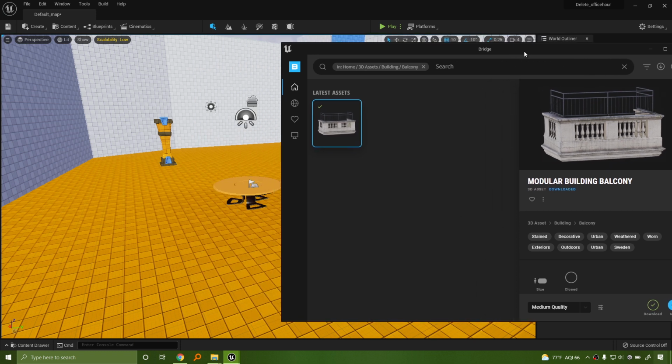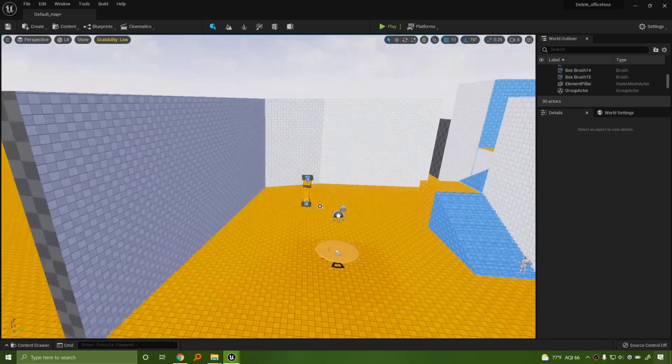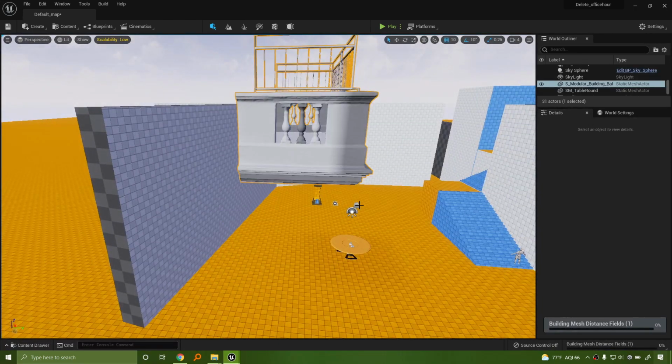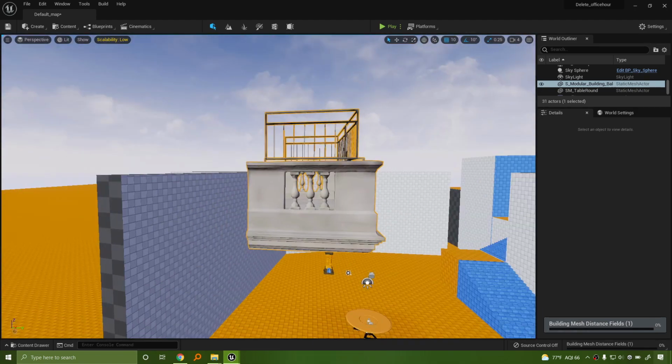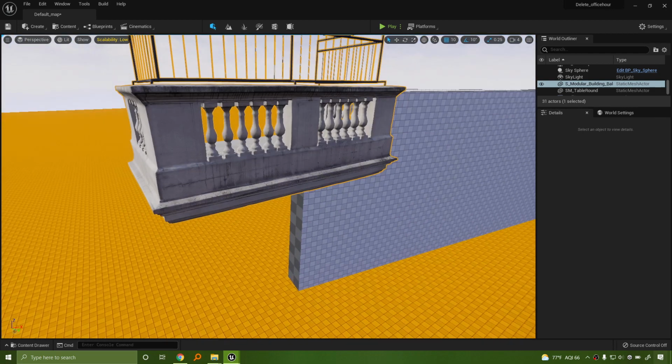Cool. And then once I have it downloaded, it should just load into my scene here. Where did it go? There it is. Takes a second. If your machine is really fast, it will automatically show up, but sometimes it takes a second.